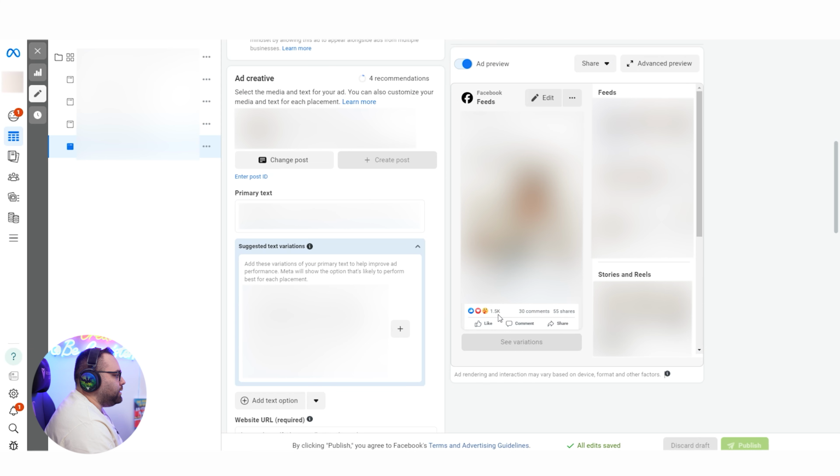Okay, let's go to my PC to show you this setting, and we'll take it from there. Okay, so I opened one post ID because most of the time people neglect this setting. You can see already, of course, I'm going to hide everything except this here that says 1.5k likes, 30 comments, 55 shares. So this is how you want to see a post ID. This one is coming from an actual post that was made on a page after seeing that we had done well in ads. So now we are using it like this so that we're never going to lose it. That's the whole purpose of it.